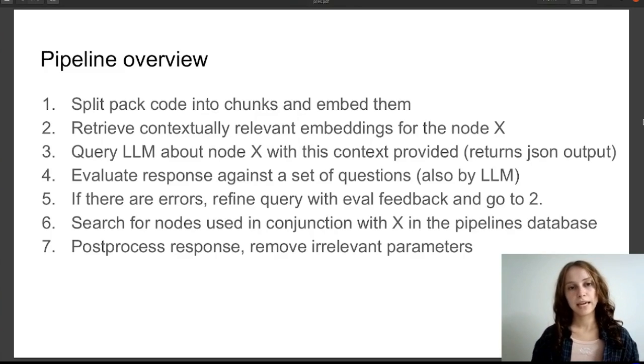So let's say we have a pack of nodes that we would like to document. Firstly, we split this pack's source code into chunks and embed them using a special model. It basically means that we are creating a vectorized, compact representation understandable by a language model and allowing us to perform vector similarity search. Next, for each node, we retrieve relevant pieces of embedded code and pass them to the language model as context,